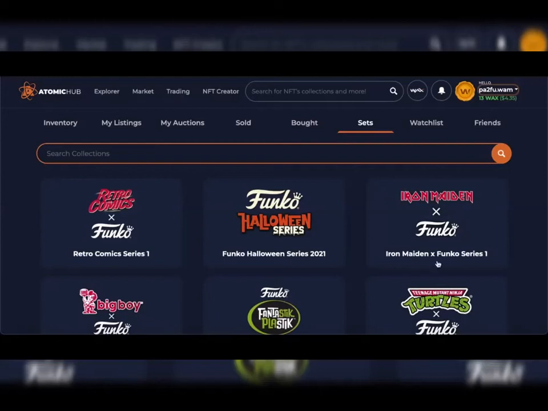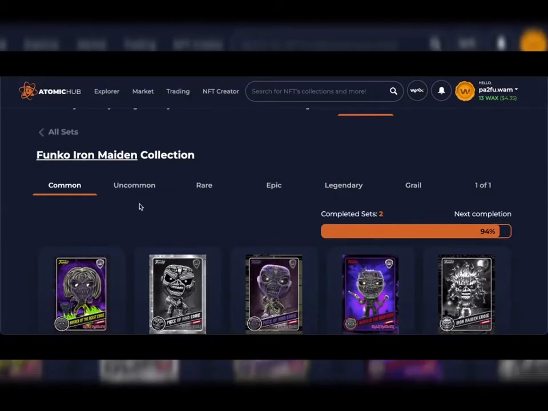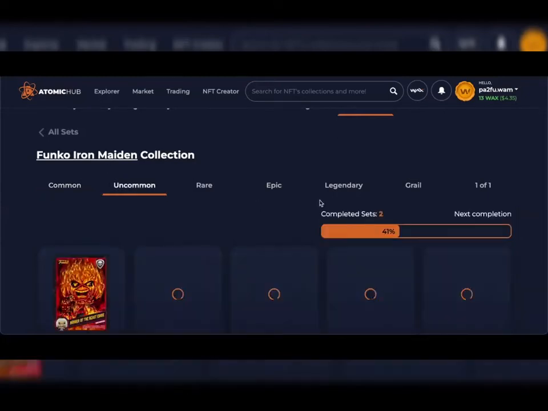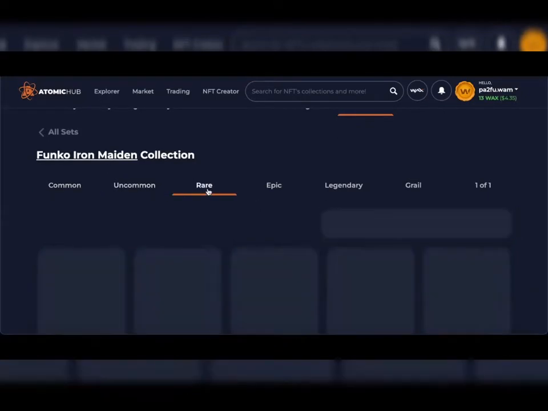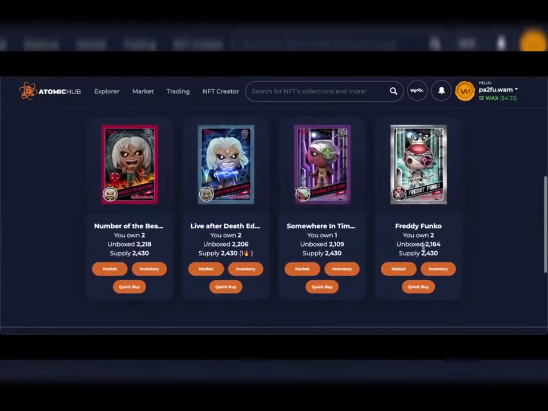Funko NFTs into physical Pops. So here we go. We are going to do the Iron Maiden one. We kind of lucked out on this a tiny bit because we had two completed sets of the commons, two completed sets of the uncommons. The rares we had two, the epics we also had one of those, and I was out by one